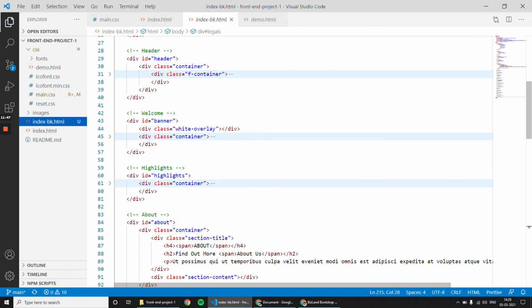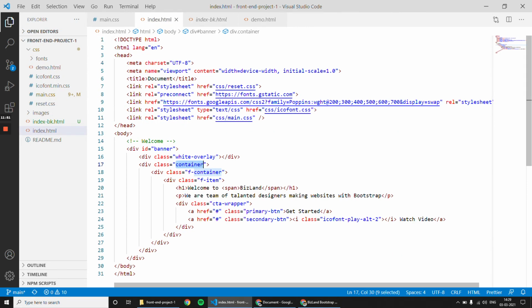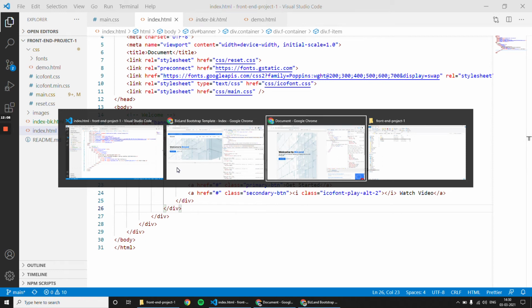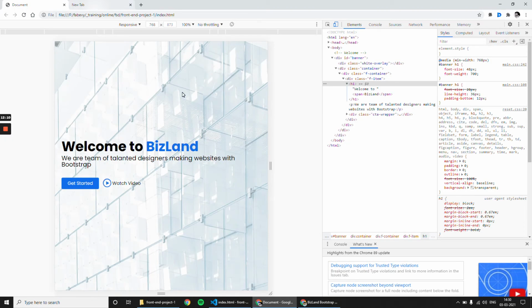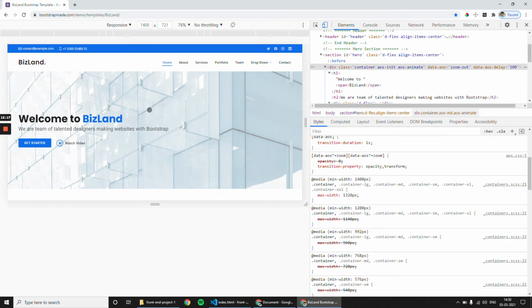You can reuse it once you are done with other elements, that is the paragraph tag, the get started text and the watch video text. You can try the same method that we have used here for other sections. I expect you to complete 100% responsiveness for the banner section and then move on to other sections.